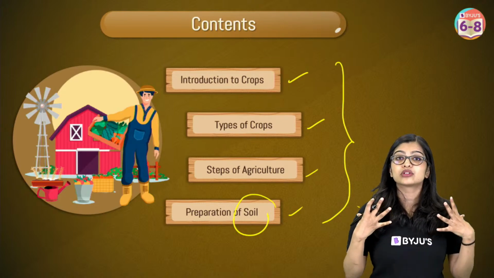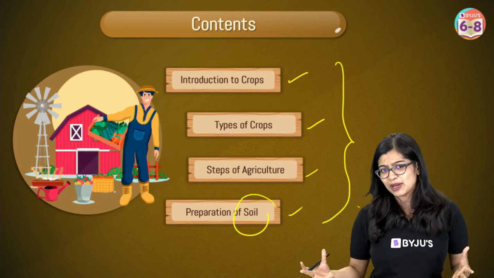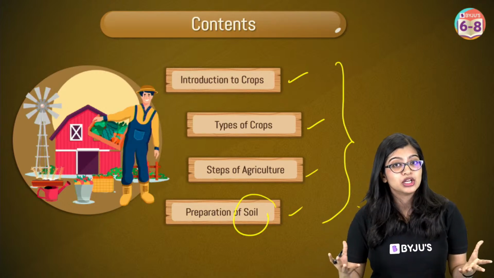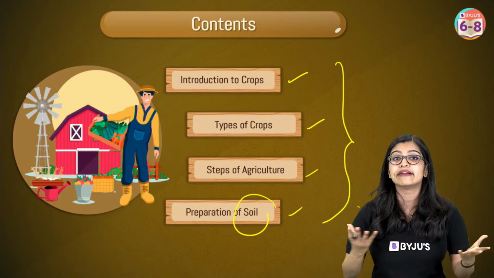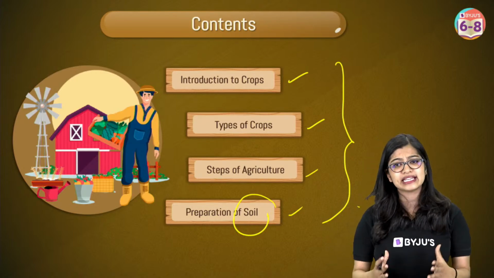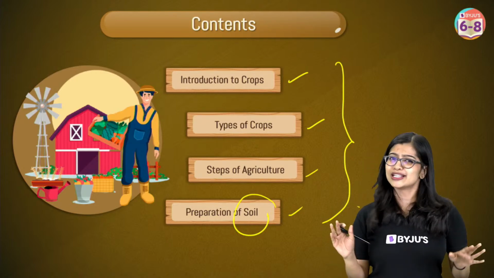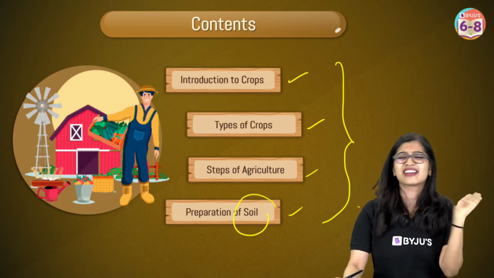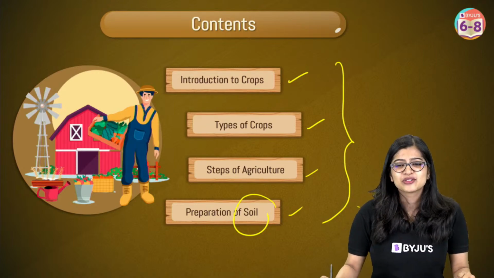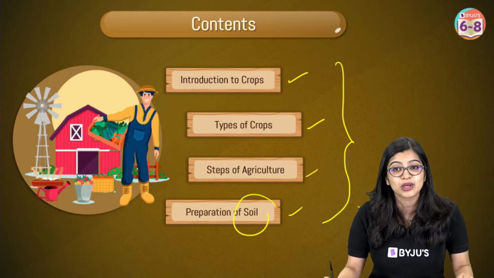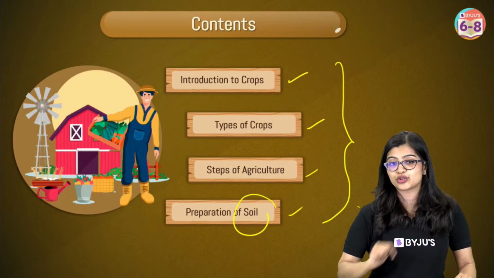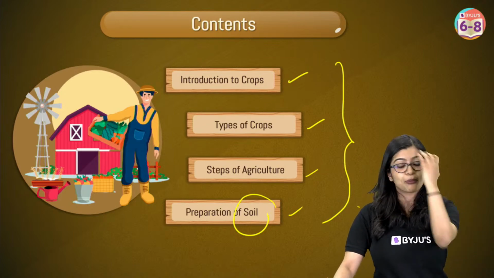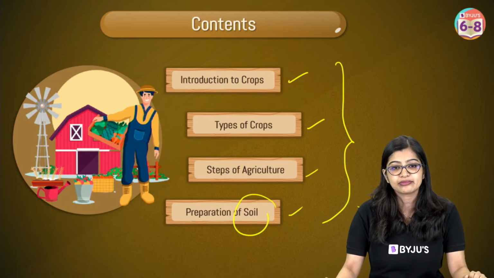When we talk about crops or food or anything that we look at, it's something that is there in and around us. So if we are able to learn with the examples that are there in our surroundings, learning becomes easy and fun. And honestly, most often some of you might be thinking, no ma'am, crop production is such a boring chapter, agriculture is very simple, right? So I'm sure you must be having those thoughts, which is why we will be looking at these 4 topics today. So, we will not be covering the whole chapter, but these 4 important concepts.